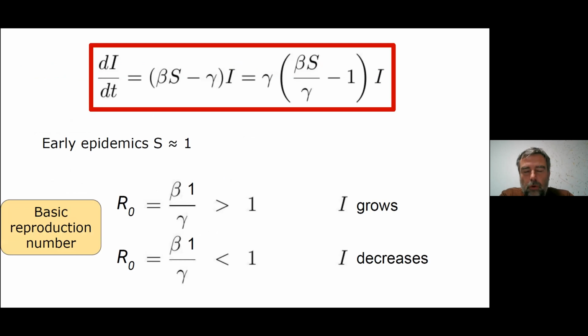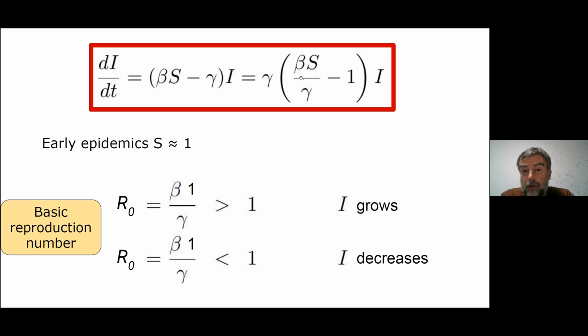What matters more is that there's this concept of growth or decay of the number of infected people. That's the second equation, at the top in the red frame. And what you see is that when you factor out gamma and I, it's just some kind of exponential growth, and the factor, whether it's positive or negative, will determine whether the number of infected people will grow or decrease. At the early epidemic, when susceptible is equal to 1, already normalized by the population, so almost everybody is susceptible,